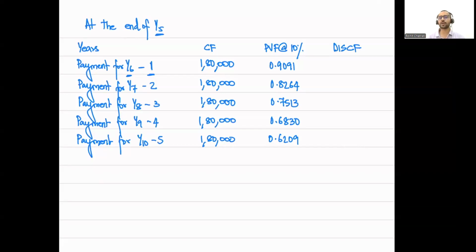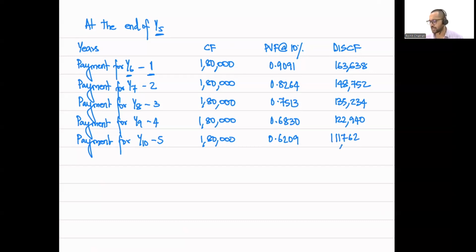We then have discounted cash flows. Discounted cash flow will be the product of cash flow and present value factor. For the first year, it's 1,80,000 multiplied by 0.9091, which is 1,63,638. For the next year, 1,80,000 multiplied by 0.8264, which is 148,752. For the third year, 1,80,000 multiplied by 0.7513, which is 135,234. For the fourth year, 1,80,000 multiplied by 0.683, which is 122,940. And for the fifth year, 1,80,000 multiplied by 0.6209, which is